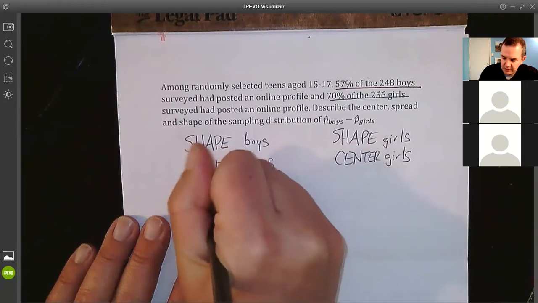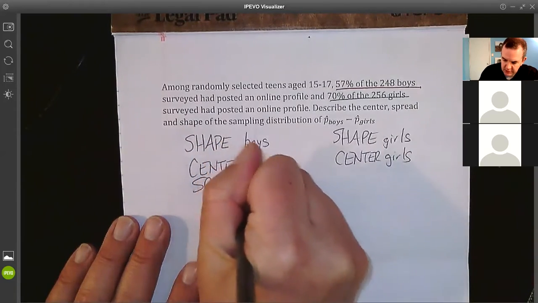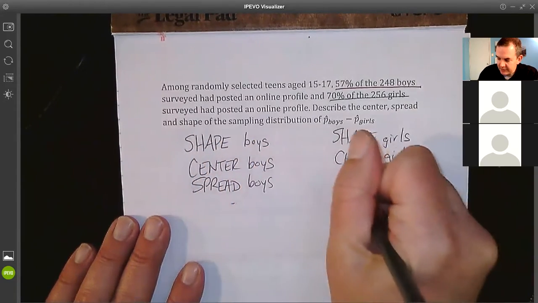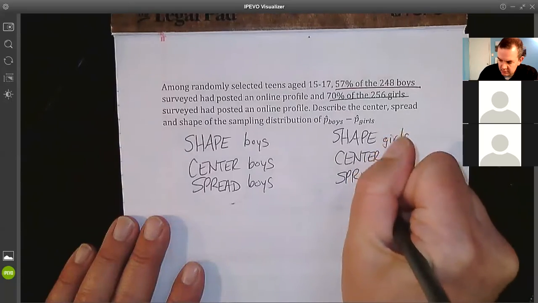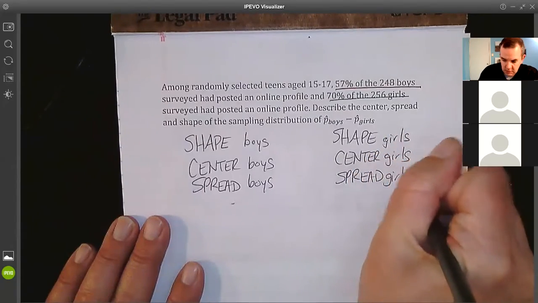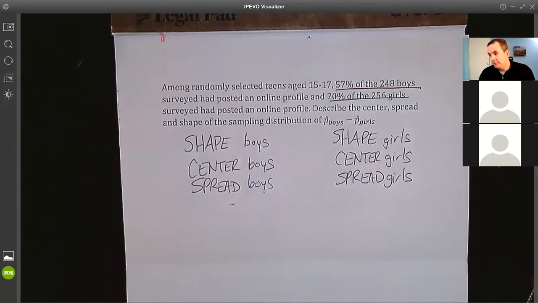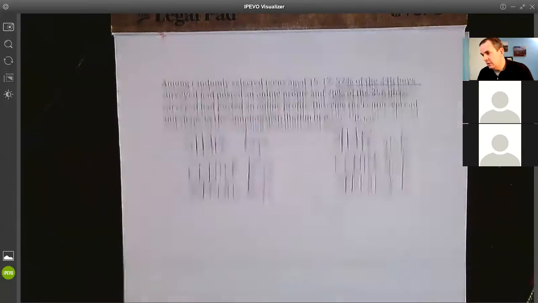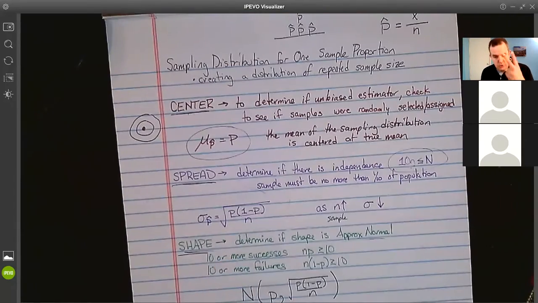We're going to have to calculate the spread for the boys. We're going to have to calculate the spread for the girls. And the way we do that is everything here is this 2 times. So it's once for boys, once for girls. Once I do that, I can then use my rules to put things together and do some calculations. So looking at this problem,